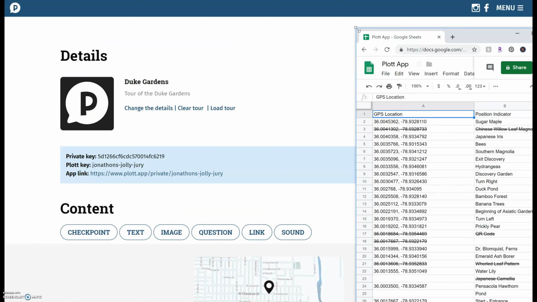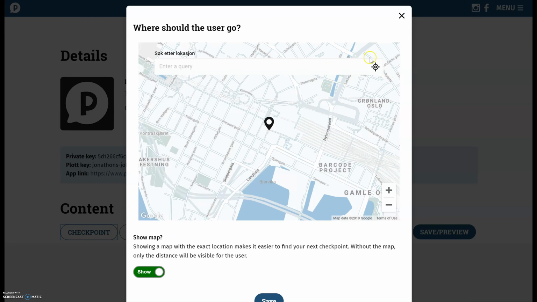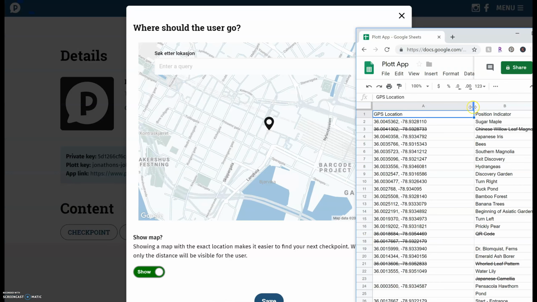Okay, so the first thing I want to do is enter a GPS location. So I'm going to select the checkpoint option. This button right here will zero in on your exact GPS location. So if you are walking your tour and you want to know the exact location of where you are, you can go ahead and select that button. I went ahead and got my location here, and so I'm just going to go ahead and enter this right here. So this is going to be the start of